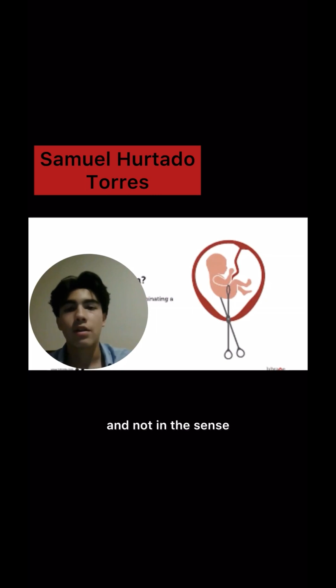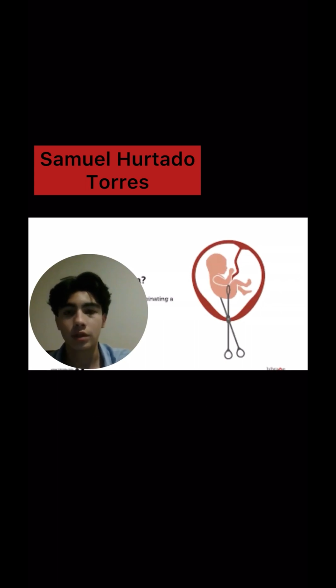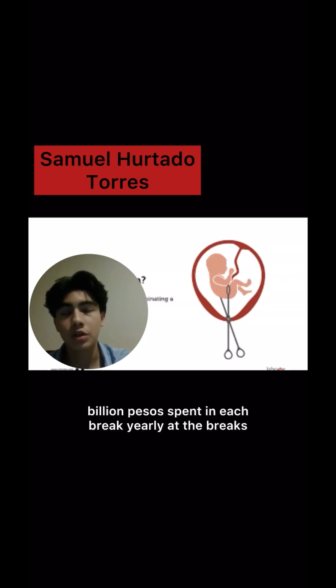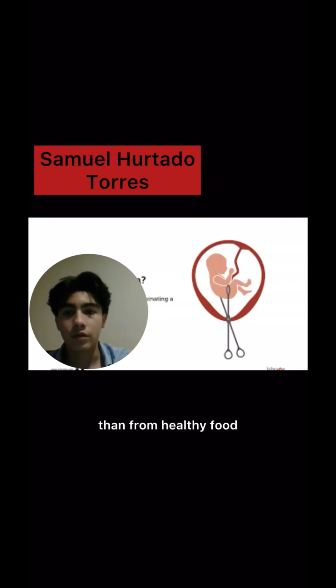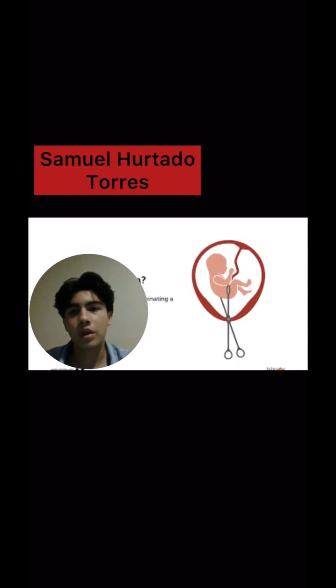And in adolescence, at school breaks there's much more money spent, like 20 billion pesos yearly at the breaks, than on healthy food. 8 of 10 children have issues with food, and in adolescence, we start the changes to make a more original personality, and it helps us to change what we